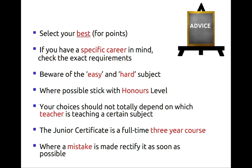If a student genuinely makes a mistake at the beginning of the year, so they've chosen home economics, they're in there for 2 or 3 weeks, they find out this is not what I pictured or what I envisioned, they need to make contact with management as quickly as possible, see if there's an option for swapping into another class. But do that as early as possible,